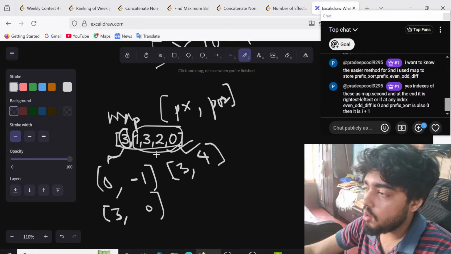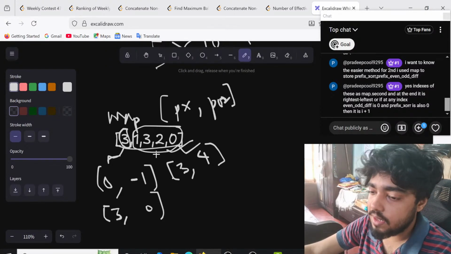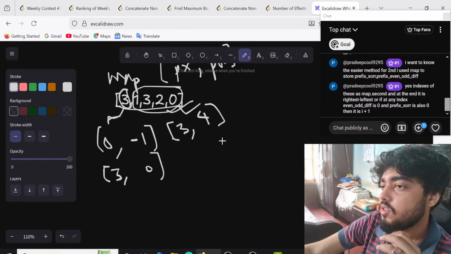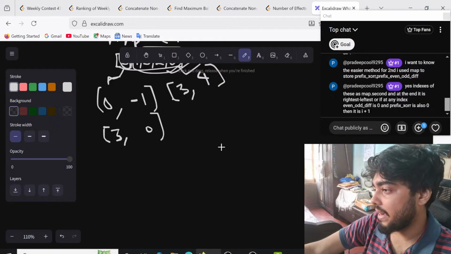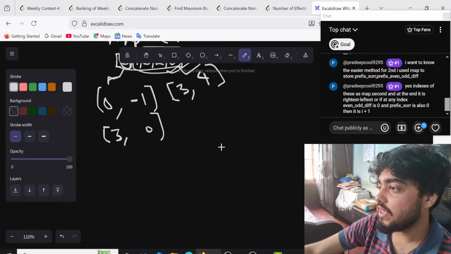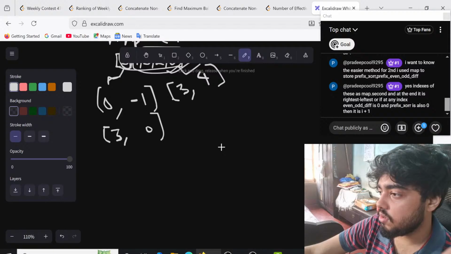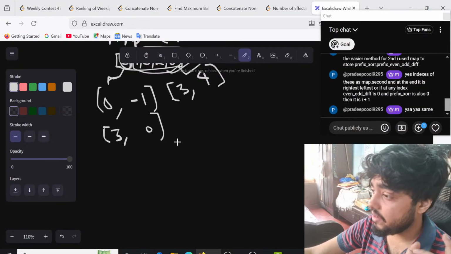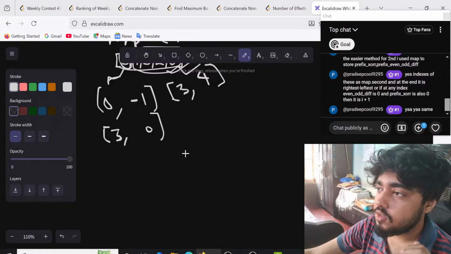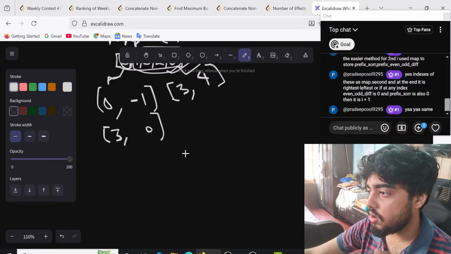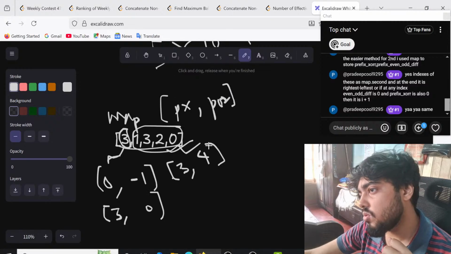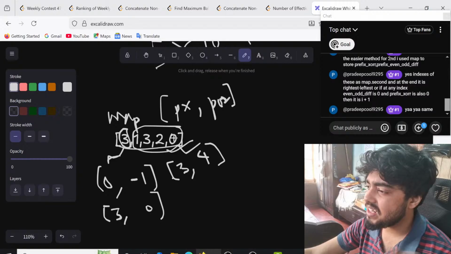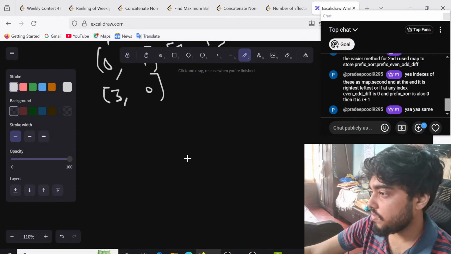Now the point is that you are also given that you have to find the subarray in such a way that the number of even and odd is the same. So the first thing that may come to your mind, which is not the correct solution by the way, but it's good to have some things in your mind while brainstorming, is: is it different? First of all, you have to think, is it different or not? What if I just find the longest subarray and don't consider the even odd thing, because you know one thing, that if